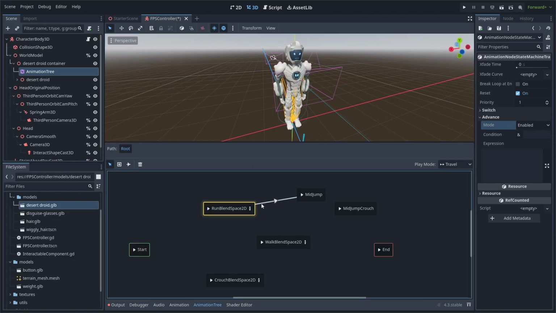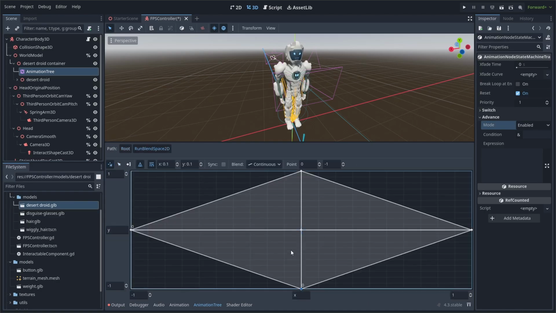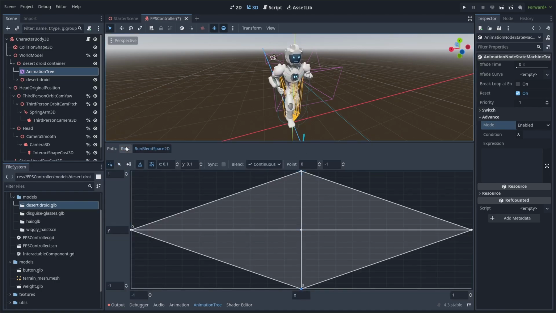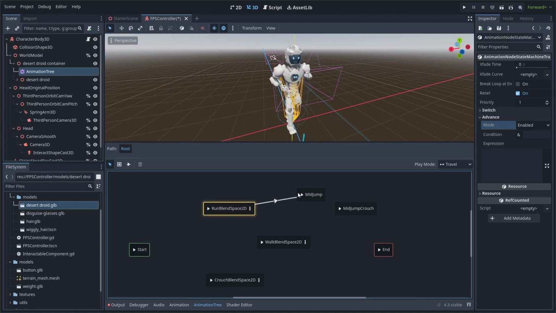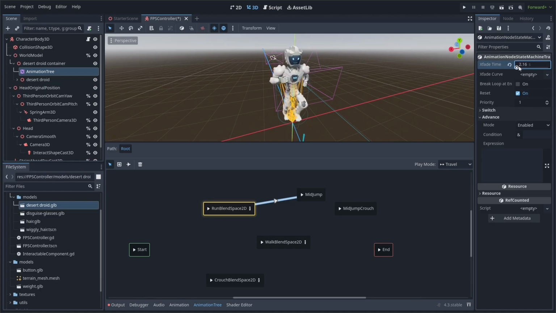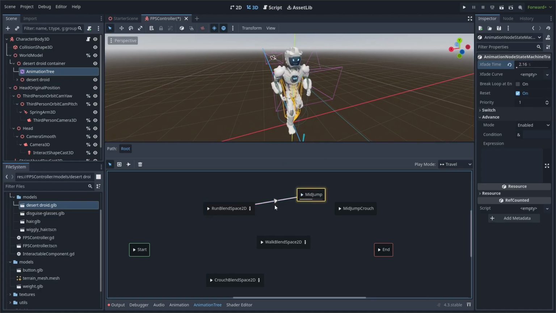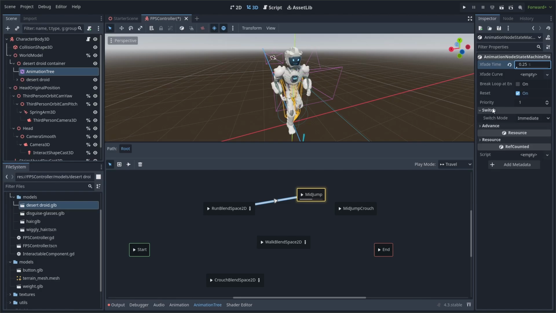But yeah, if he is running here, boom, he's running, and then if he goes to the jump state, you can even see, just clicking the animation state nodes in the state machine, it just jumps there right now. But if you set a fade time of like 2 seconds here, now you see he slowly blends to the jump state. I'm going to set mine to 0.25, and essentially I'm going to do this for all of the different animations,